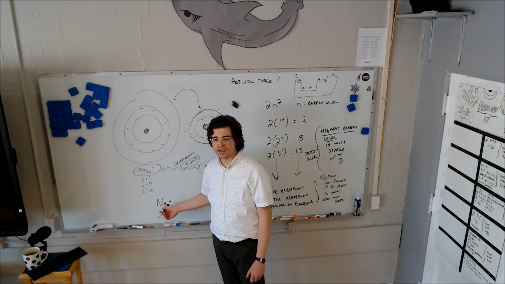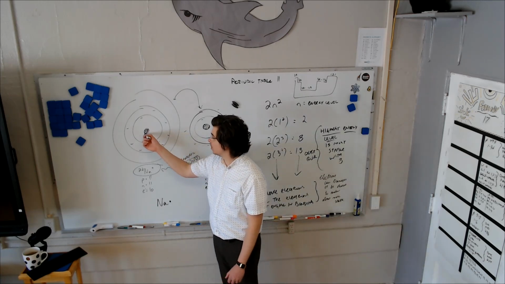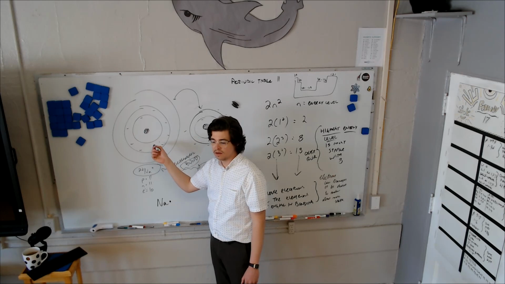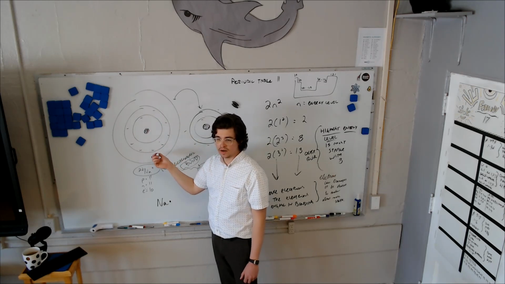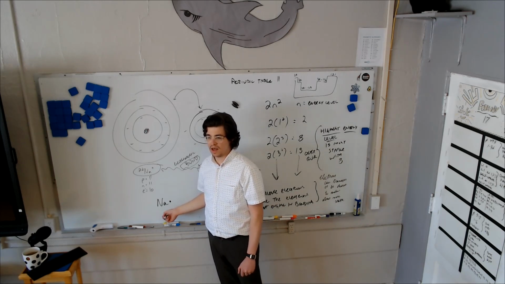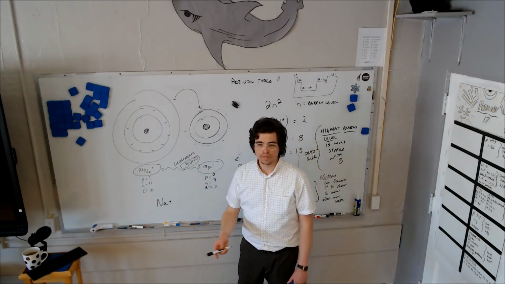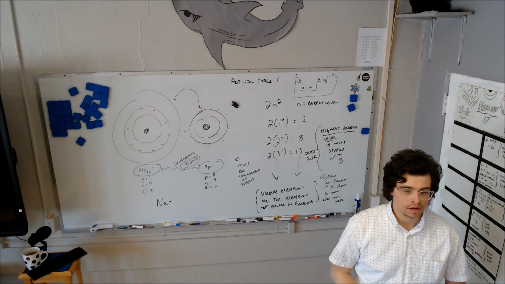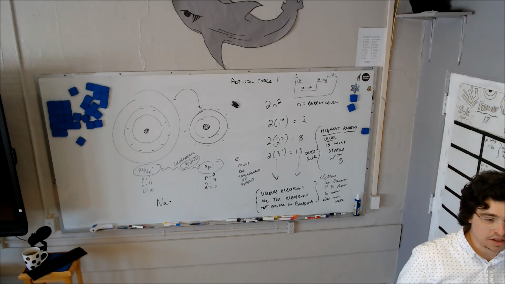What's the easiest way to tell how many valence electrons? You could do this for every one. Put 2 in the first level, 8 in the second, up to 18 in the third, right? You could do that all the time. But what would be an easier way to tell how many valence electrons each atom has? No, Mitchell, say what you were going to say. Just look at the table, because remember the group number matches how many valence electrons.